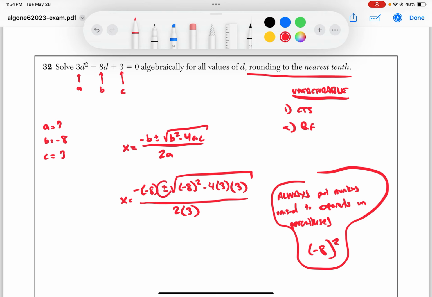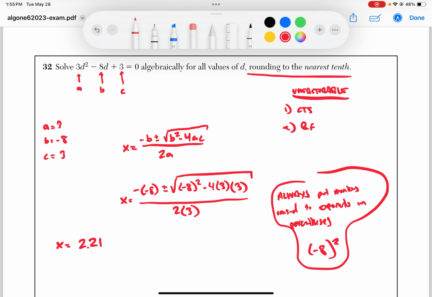Because you can't type a plus or minus in your calculator, you're going to make two of them. One where it's a plus, and that'll be one of your answers. And one where it's a minus, and that'll be another one of your answers. So negative 8 plus the square root of negative 8 squared minus 4 times 3 over 2 times 3. So one of my answers is